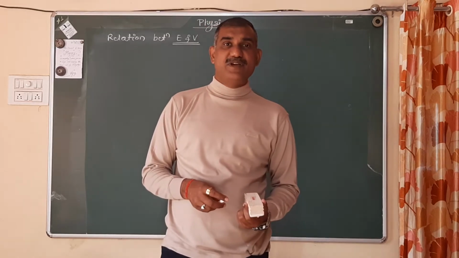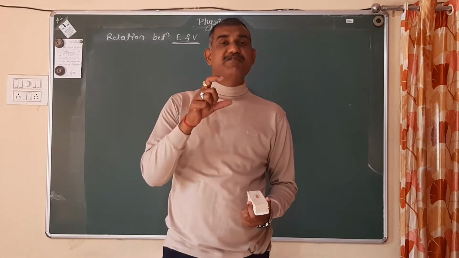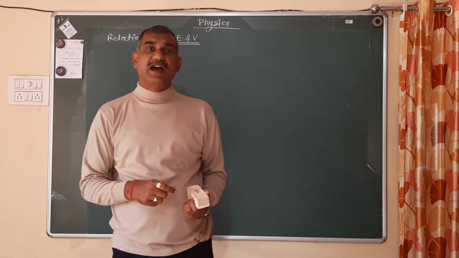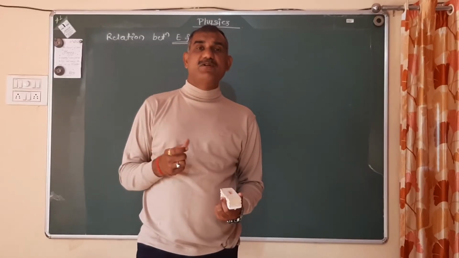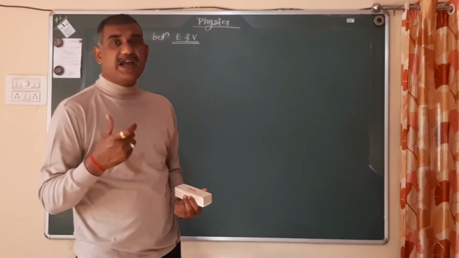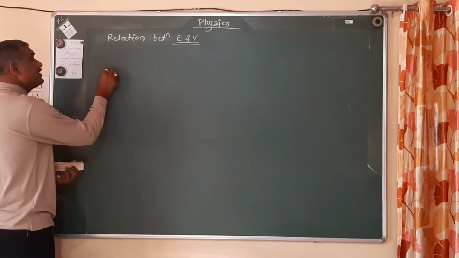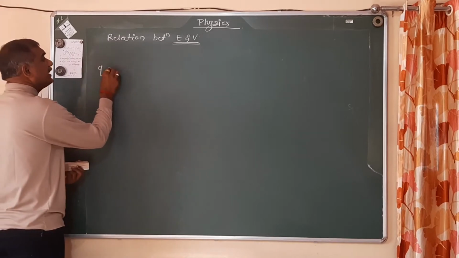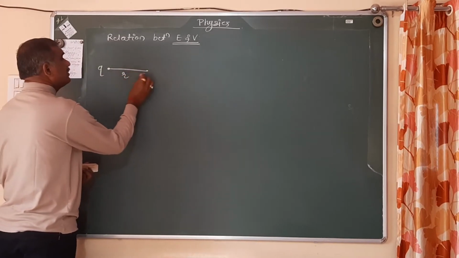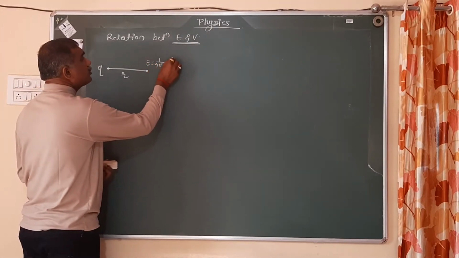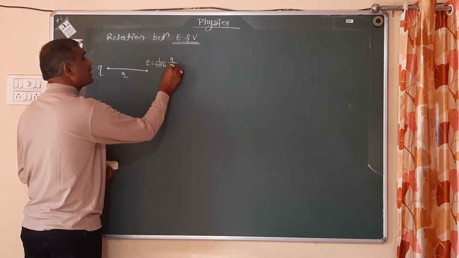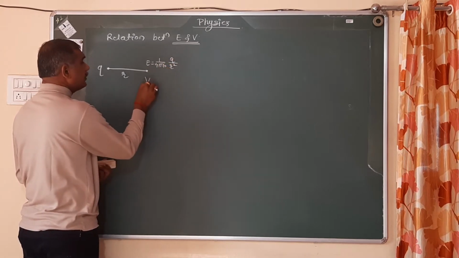Today's class. Today I am going to teach you about the relation between electric field intensity E and electric potential V. Before that, we have already studied what electric field intensity is and what electric potential is. We studied that if I put one charge Q here, then at a distance R, the electric field intensity E is equal to 1 upon 4 pi epsilon 0 Q divided by R square, and electric potential at a